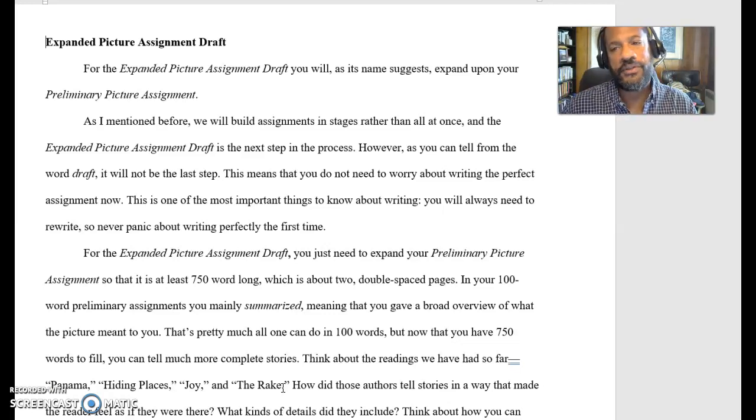So what you're supposed to do for this one is take the basic information that you had from before, the same picture, and you can change the picture, but most of you probably chose the same picture, and look at the 100 words that you did and then think about expanding that. So I put some comments on your preliminary assignments that gave you an idea about things to think about, and I want you to expand